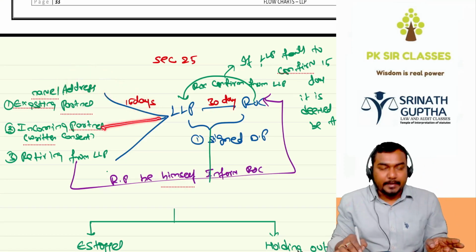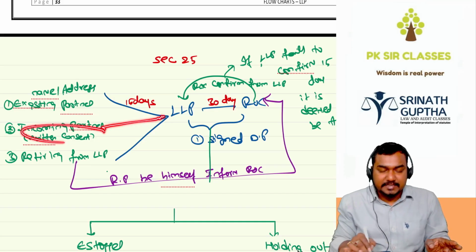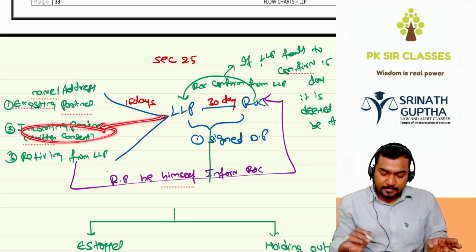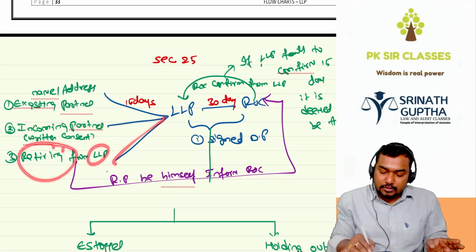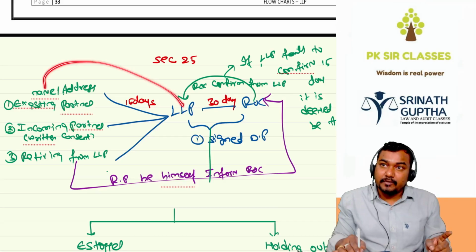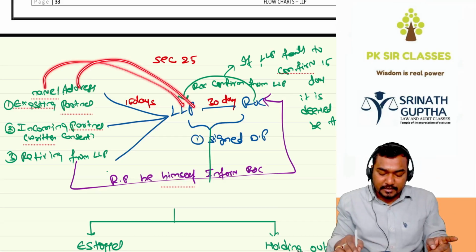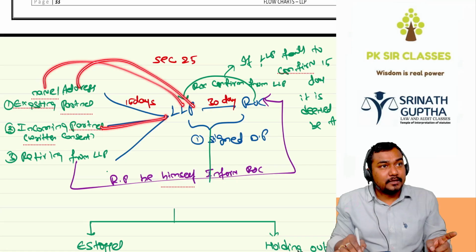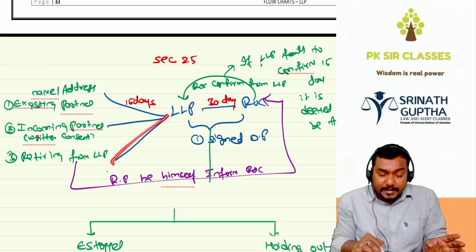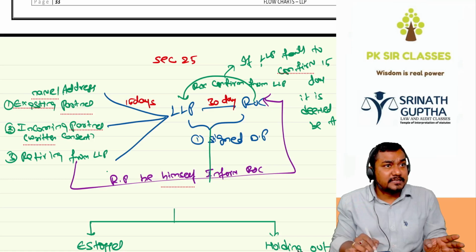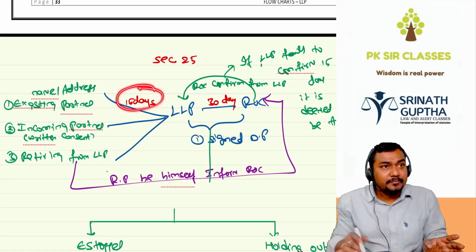And if an incoming partner is coming, he has to inform the LLP that he is coming, and he has to give his written consent to act as a partner. And if a partner is retiring also, we have to inform the LLP. So an existing partner changing his name, inform the LLP; changing his address, inform the LLP; a new partner coming, inform the LLP; an existing partner retiring, inform the LLP. A new incoming partner also has to give his written consent. These things should be done within the 15 days.